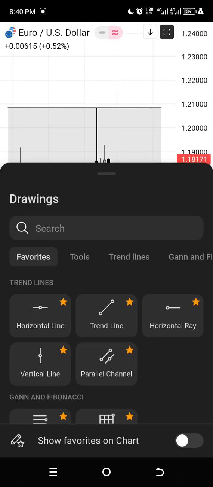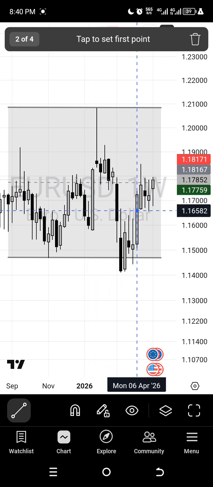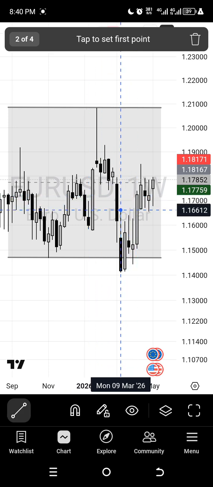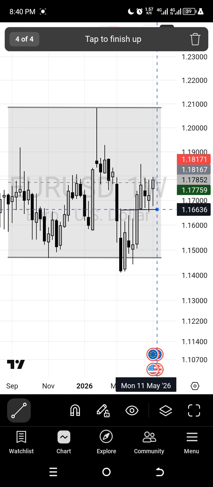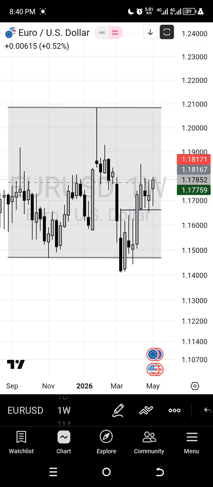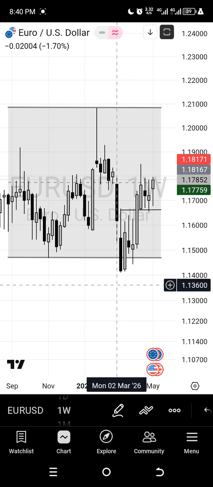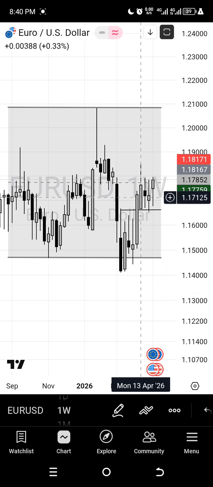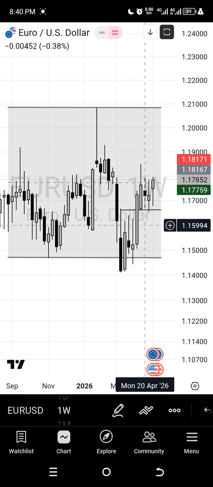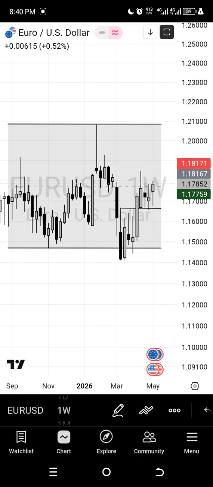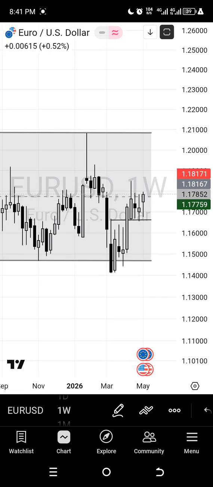Right now, I am looking for a valid key level. This is my valid key level where I'm probably expecting a bullish reaction. This is my key level. So this candle was the candle that swept liquidity below the range, so price just engulfed that candle. So I'm expecting price to come back to that candle and use that candle as a key level. So based on that, I am already in a